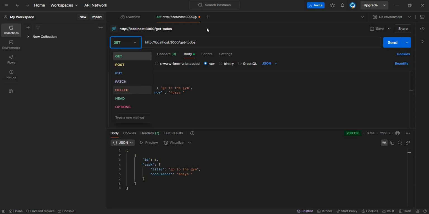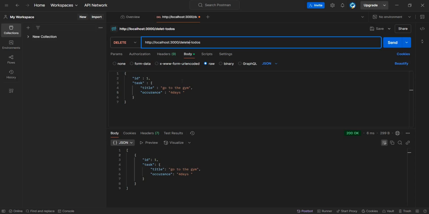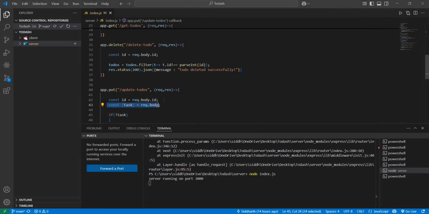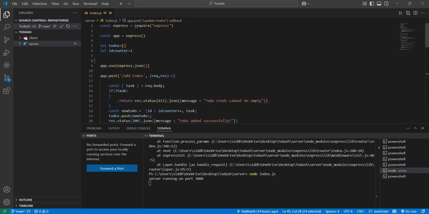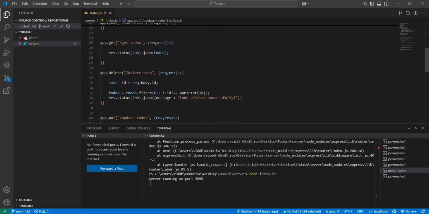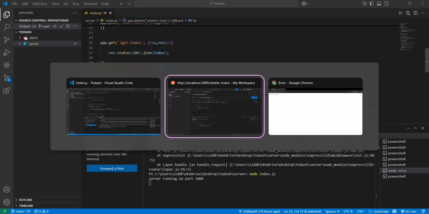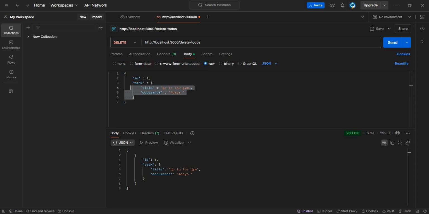And now let us get to the delete method. So, delete to-dos, and now if you look at our delete endpoint, which is up, which is here, as you can see, we want an ID from the user. Okay, so we have to send our backend an ID so that our backend can find the required, corresponding to-do, and it can delete that particular to-do. Okay, so now if we send this request,